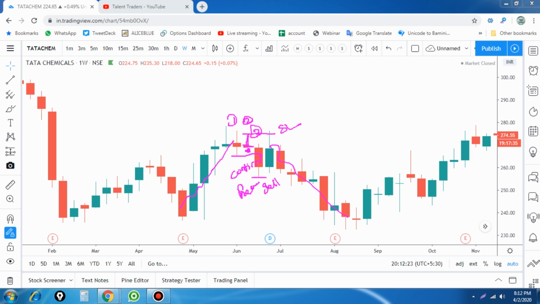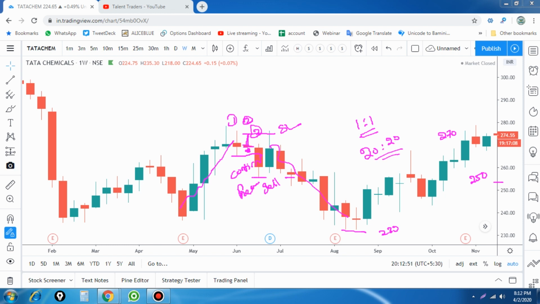I got a trade opportunity after 4 weeks, around the 250 level, with my stop loss at the 270 level. I got a 20 point stop loss. From there the market fell down to the 230 level. If I take 1:1, it will give me 20 points as profit. So 20 points risk and 20 points profit in this scenario.